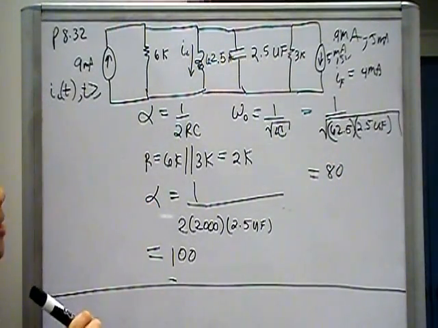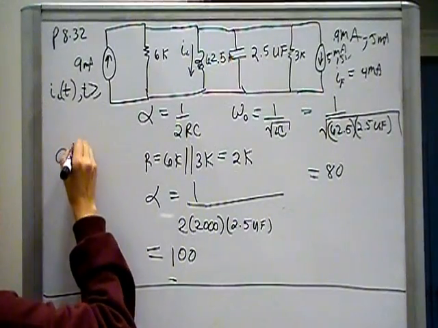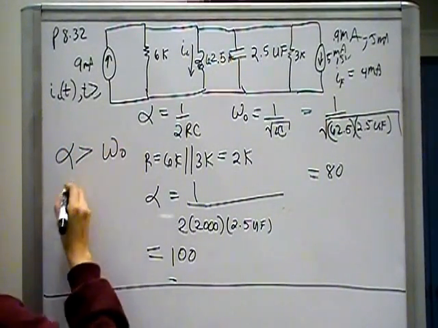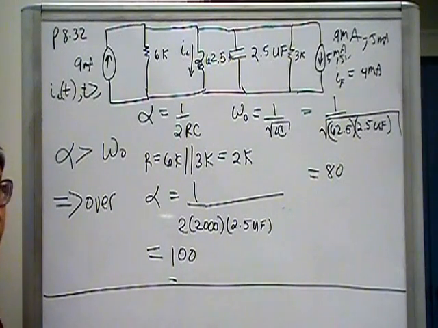So in the case of this particular circuit, we have alpha is greater than omega naught. Therefore, this is an overdamped response. And so we will use our equations for an overdamped system to find the final step equation. And those equations are